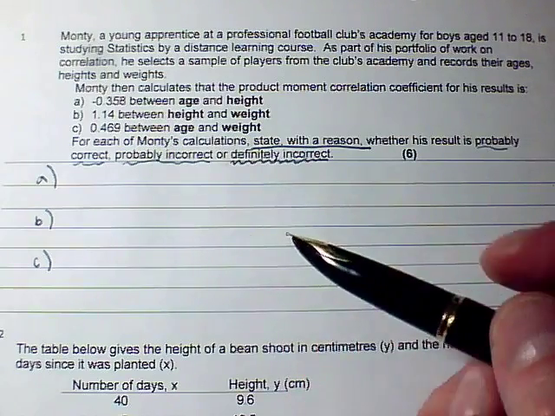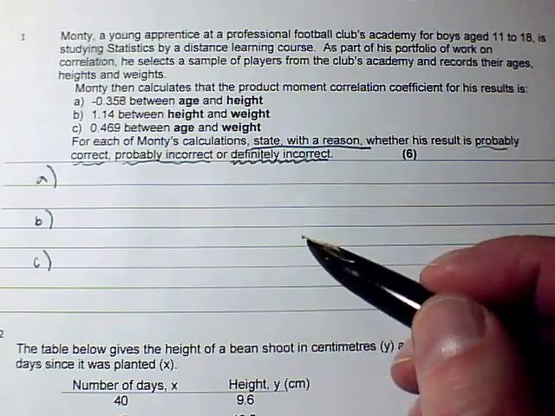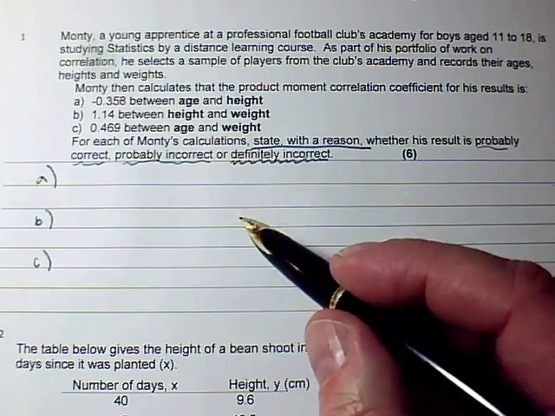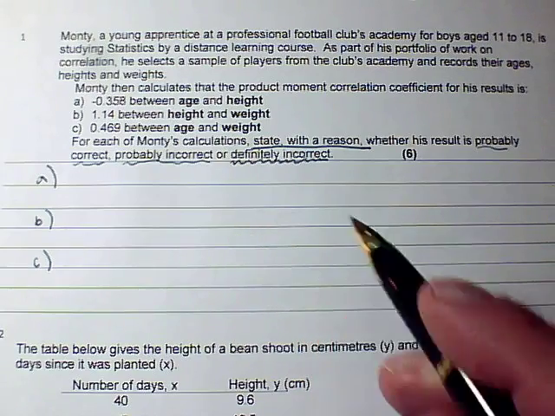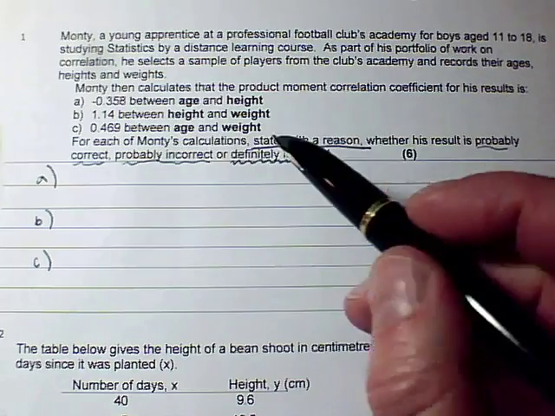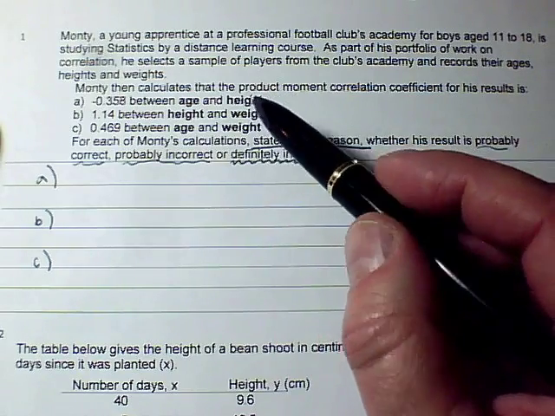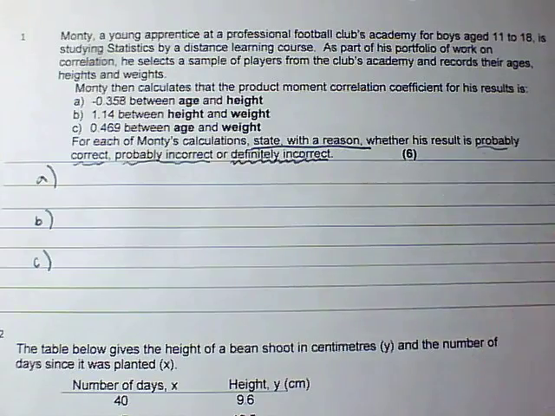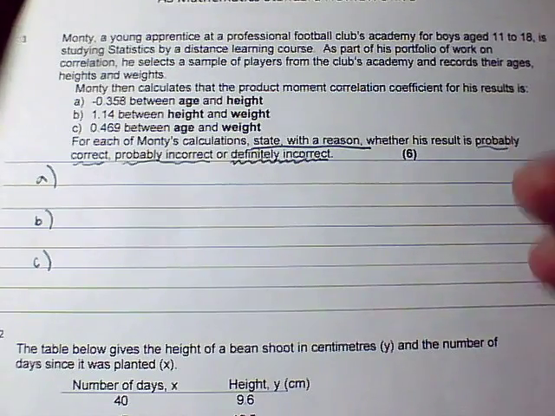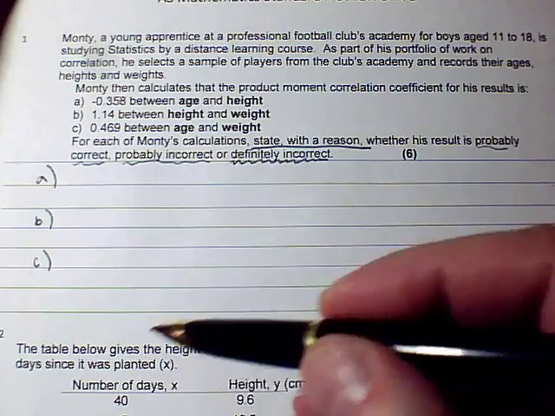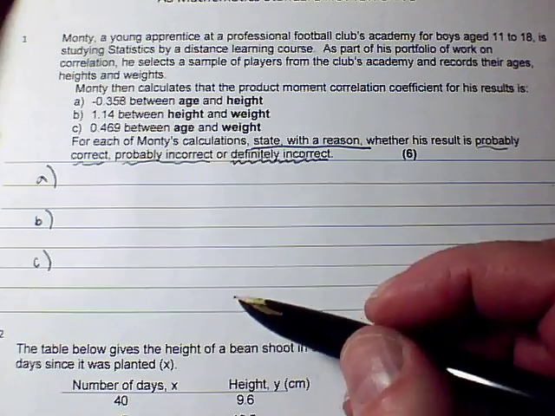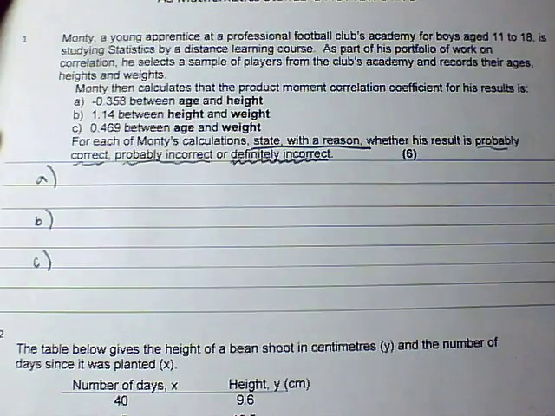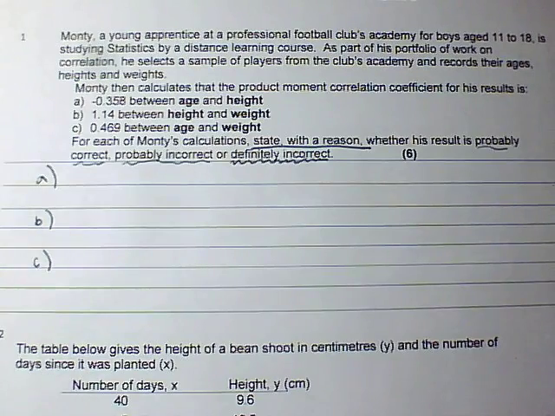Now, often on this kind of question, the one that is probably correct actually is quite an unlikely seeming correlation because both things are unrelated themselves, but they're driven by a third factor. This particular question actually, age and height and height and weight and age and weight, all of these things, there are sort of reasonable correlations you might expect. And one of the numbers goes against what the correlation is you'd expect, and one goes with it. So I think you've got one probably incorrect and one probably correct, and you can explain that in terms of negative or positive correlations.